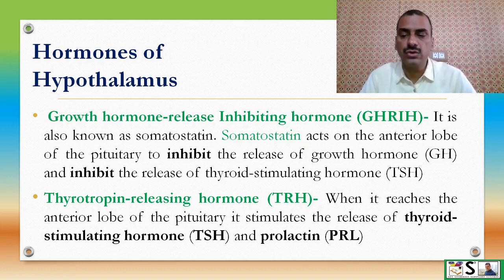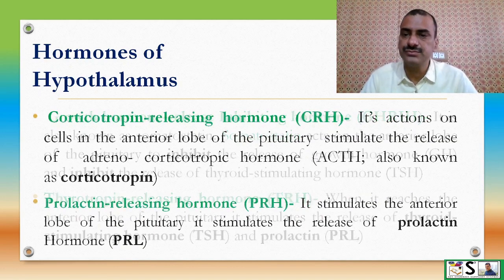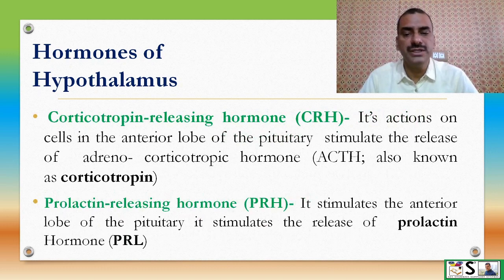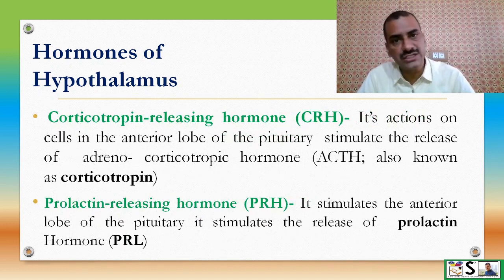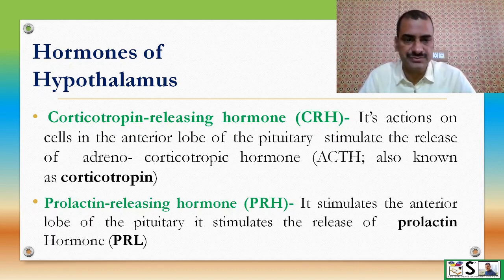Next is thyrotropin-releasing hormone, TRH. When it reaches the anterior lobe of the pituitary gland, it stimulates release of thyroid stimulating hormone and prolactin. Corticotropin-releasing hormone, CRH. Its action on cells of the anterior pituitary stimulates the release of adrenocorticotropic hormone, which is also known as